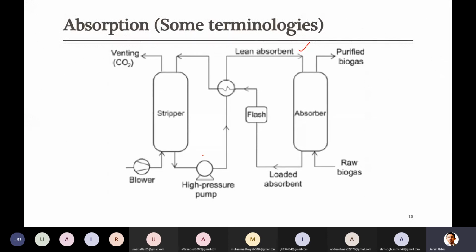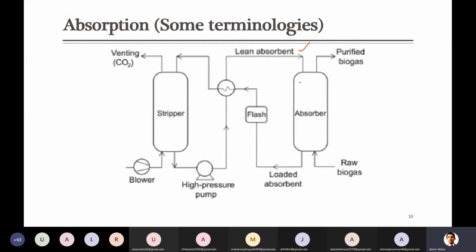But at the same time, in case of absorption, we discussed somewhere earlier, either we need high pressure or low pressure for absorption. Which is favored, which is better for us? That is high pressure, and ambient or low temperature. So in this case, the pump will also be needed to bring it to high pressure. So the reason to install the pump here is so that you can send it to the height as well, and it should be at high pressure.